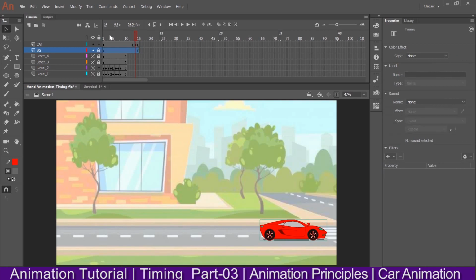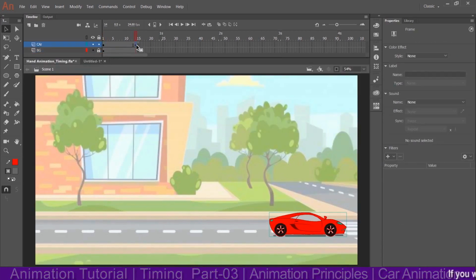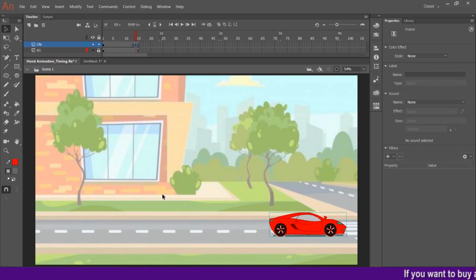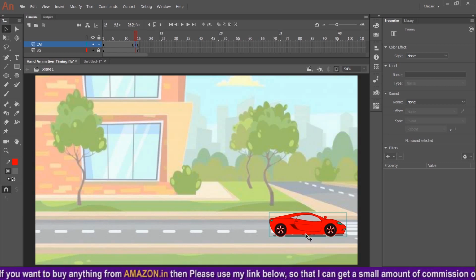And now we'll come to the car layer. So there are two images, but what I want over here is the car should come in the screen to get a halt over here or stop in this position. So here it will be slow in to stop. Okay, but here there should not be any slow in or slow out, because it will come in the screen and it will slowly slow down and go to halt. Okay, so this is the animation I'll show you.